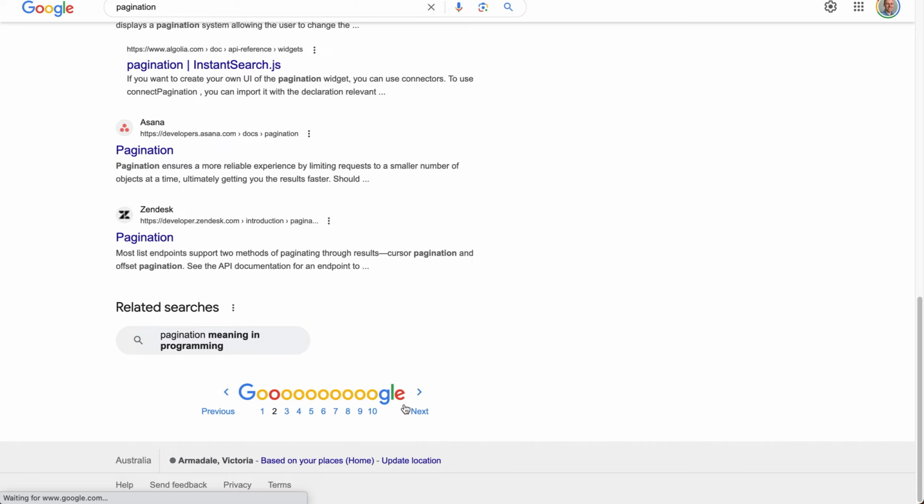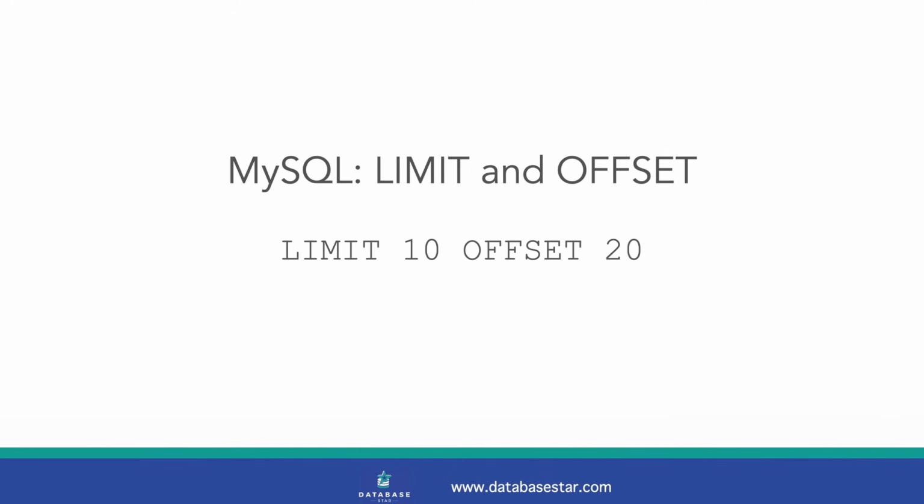The way to do pagination, or showing a page of results such as from a search or a list of records, is done slightly differently in each database vendor. In MySQL, you use a combination of the limit and offset keywords. Offset defines where to start or how many rows to skip, and limit defines how many results to show. For example, to show the third page of records where each page has 10 records, you would write limit 10